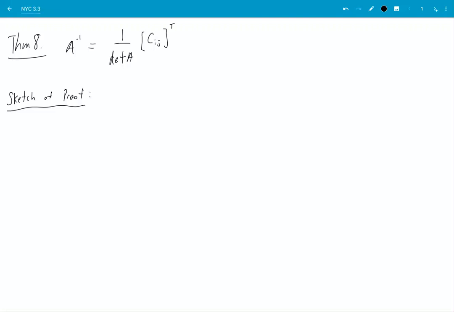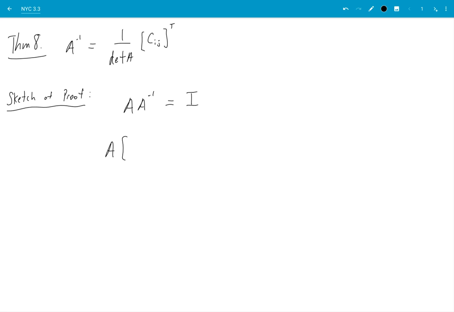Okay, let's go back to Theorem 8 and Theorem 9 and have a look at the proofs. Okay, so what am I doing here? Well, this is the inverse formula. Let's start with, we know that A times A inverse is the identity, right? So A times,